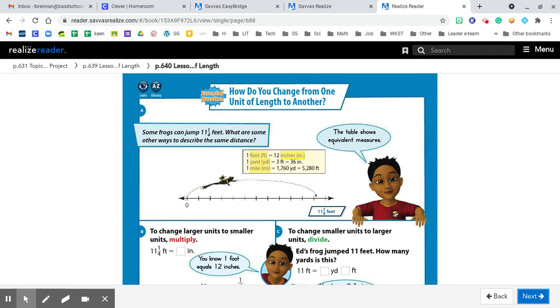How can you change from one unit of length to another? Some frogs can jump 11.25 feet. What are some other ways to describe the same distance? So remember, we can talk about yards, feet, and inches. That's what we're doing in customary length measurement. We are talking about the customary measurement system,